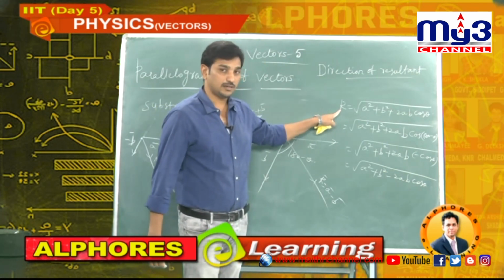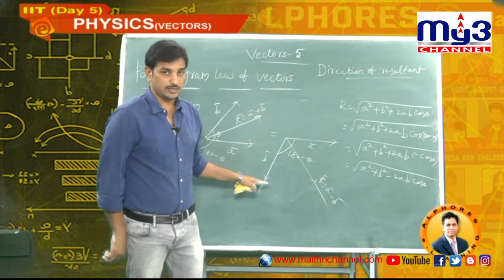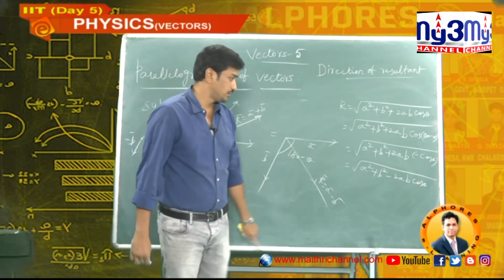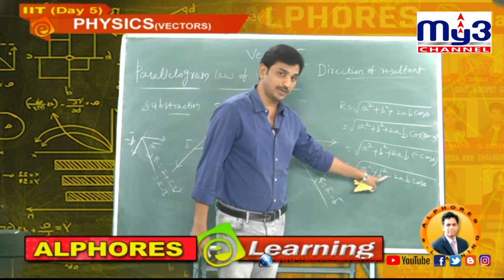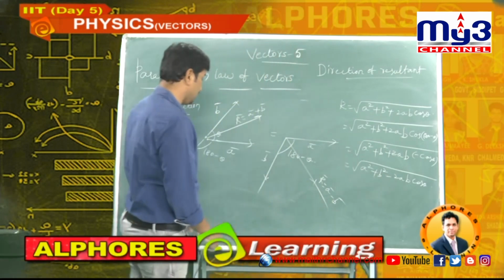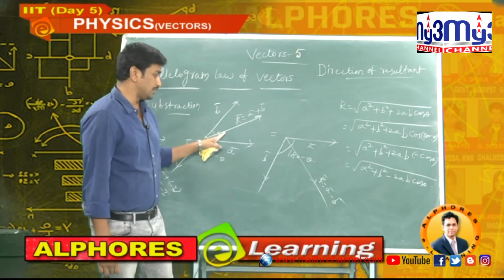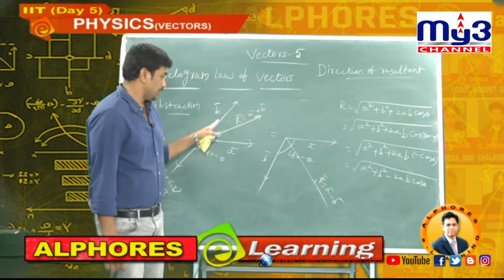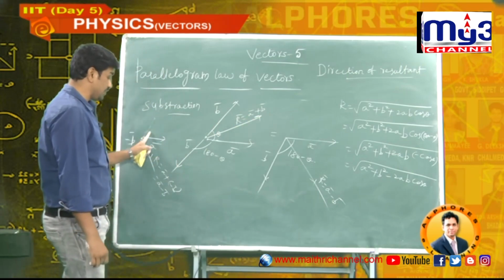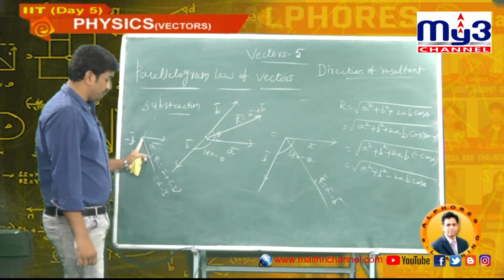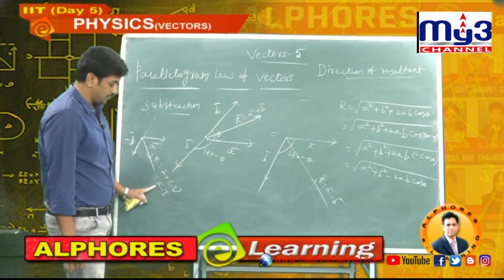It is the resultant of a bar minus b bar vector. Resultant of a bar plus b bar, here you got plus. Resultant of a bar minus b bar, here you got minus. I think you understood once again. A bar, b bar, two vectors, the resultant is a bar plus b bar. If you turn one back, it will be minus. Now the resultant of these two is tail of minus b bar, tail of a bar. Now the resultant a bar plus minus b bar, that is a bar minus b bar.